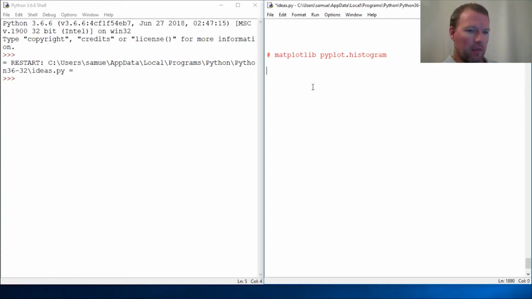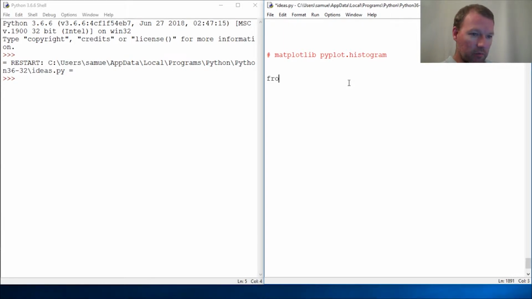We're going to get graphing. We're going to dabble in the submodule of pyplot, and we're going to plot a histogram. Quick rundown of a histogram: it groups things. You'll see that in a second. We're going to utilize our